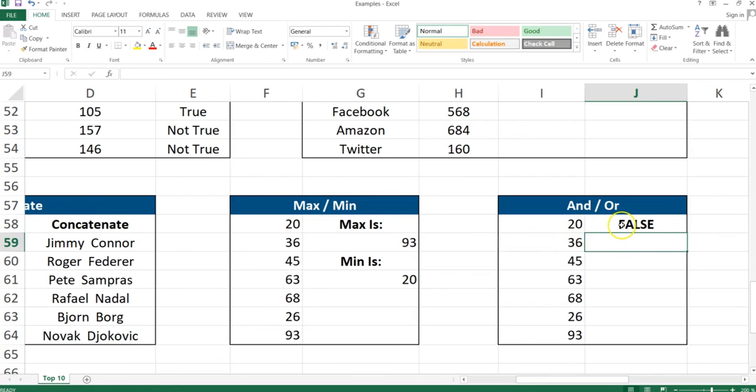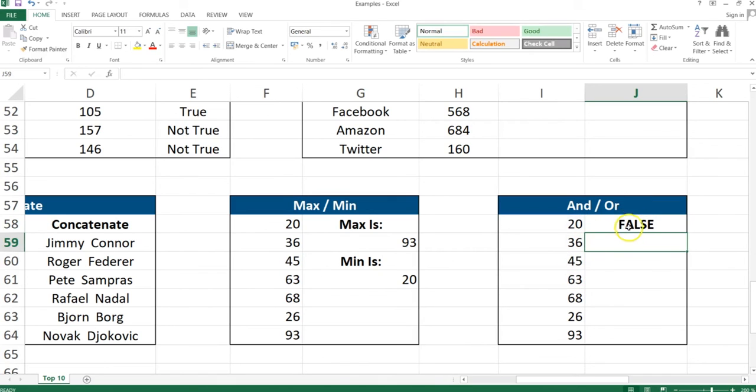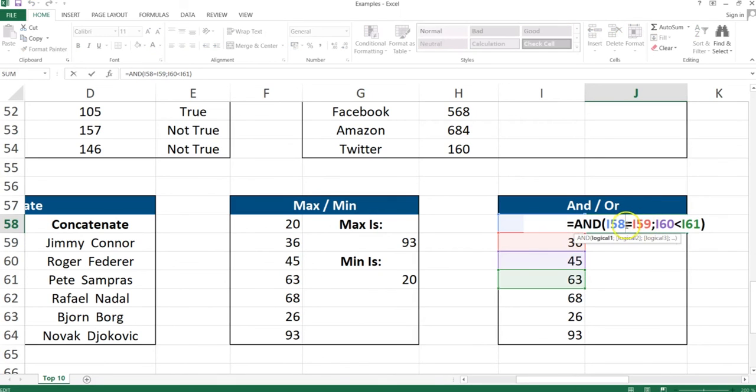That's why AND is not going to give us true. So this is just one condition, though. We can also insert another condition, and that can be, let's say, this is less than 63. Now as you can see, we have one condition which is not true, and the second condition is true, however, AND shows us false,